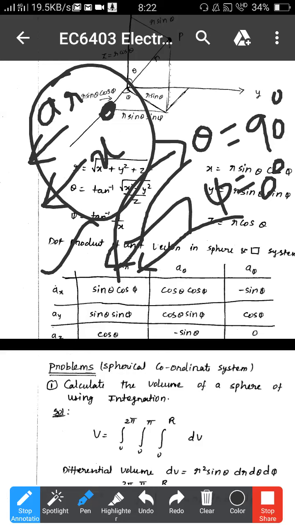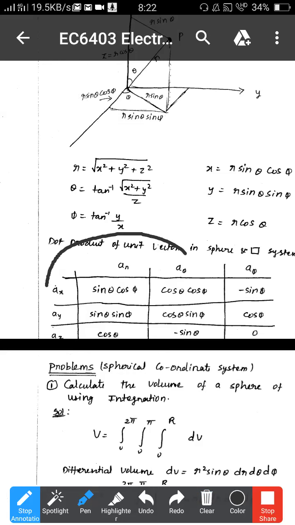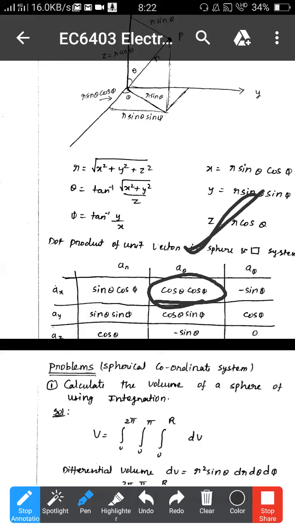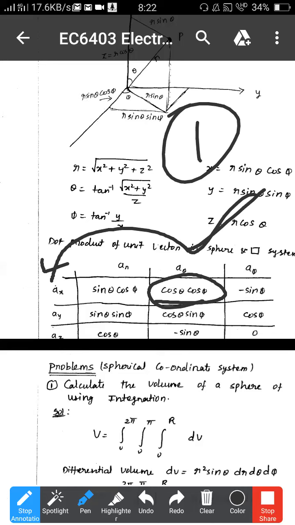So what I am telling you is, choose a vector. Suppose I am going to compare this one: you choose theta and phi in such a way that you are getting 1, and then you imagine what is the vector you are getting. In this case you have to concentrate on theta. You choose a point in such a way that this gives 1, then you draw the a theta and compare with the a x whether it is giving you 1 or not. Like this, you choose a phi in such a way that a x and a phi are in opposite directions, because it is giving you -1. It's exactly in the opposite direction.